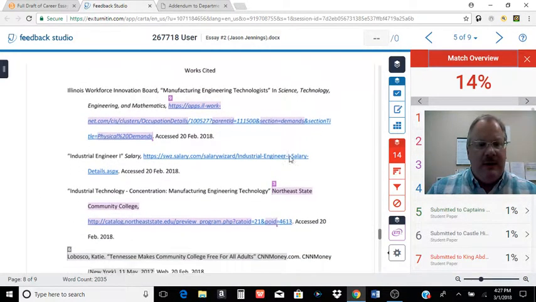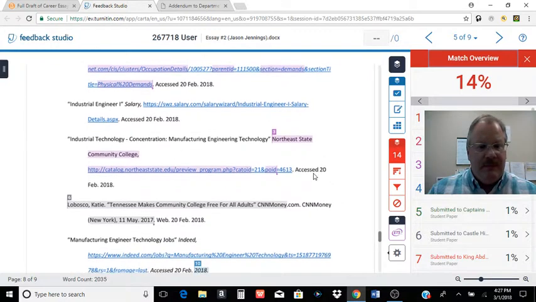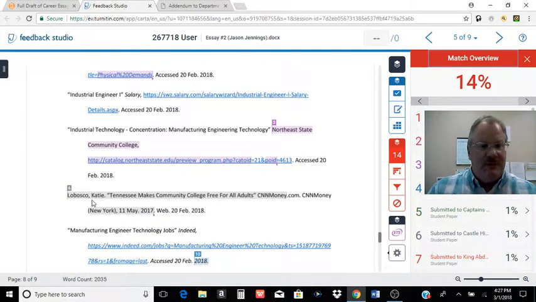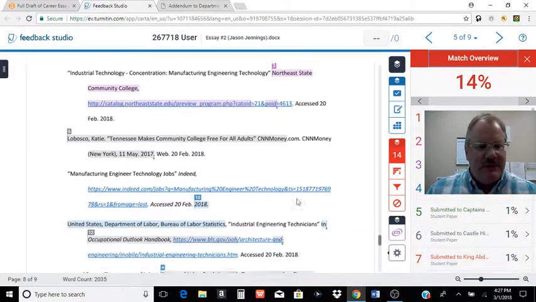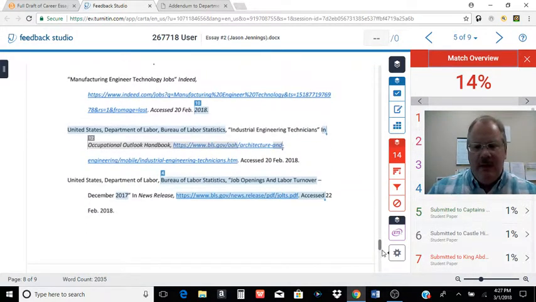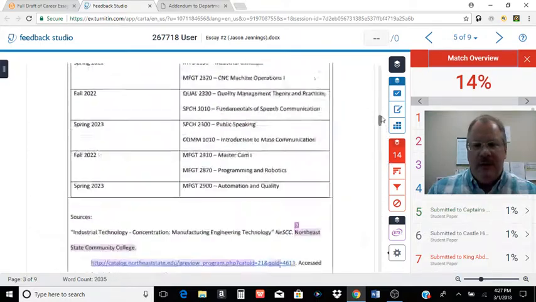Another thing that's going to get highlighted pretty quickly is the Works Cited page sometimes. You can see somebody else has used this source. Well, that doesn't mean Jason can't. It's just saying somebody else has turned this in a previous essay. That's not Jason's problem, right? So good looking report there.